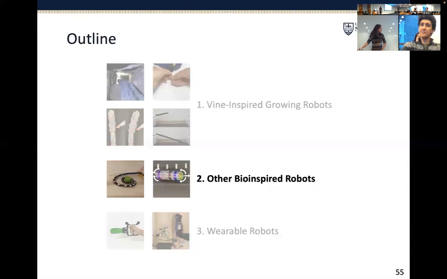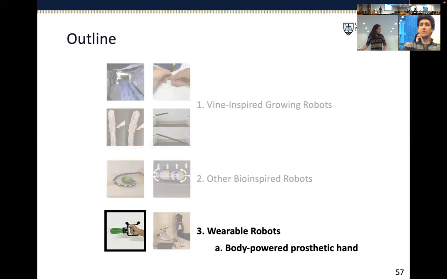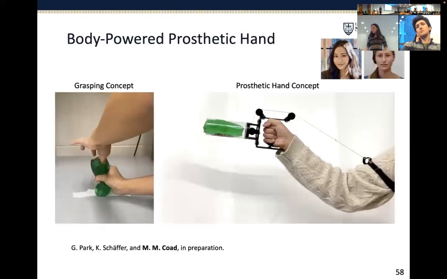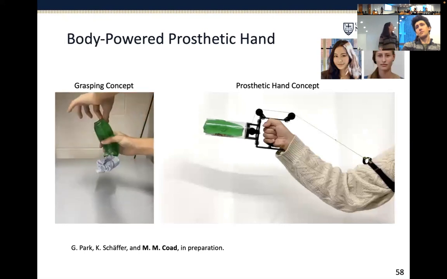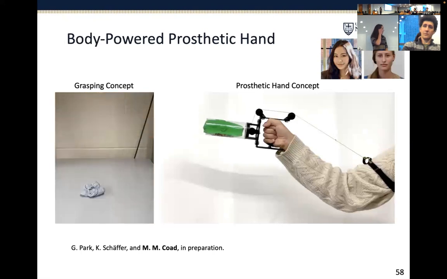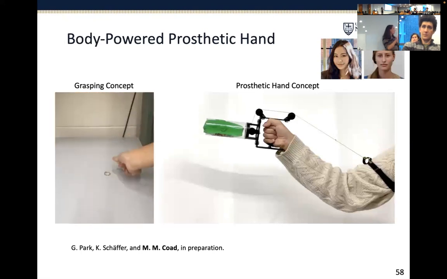So now lastly, I want to talk about a couple of our wearable robotics projects. And the first one I'm going to talk about is our body-powered prosthetic hand. This is led by my undergraduate student Bona, as well as my PhD student Cataline. And the same type of structure that I just showed you, the everting toroidal amoeba-like structure,